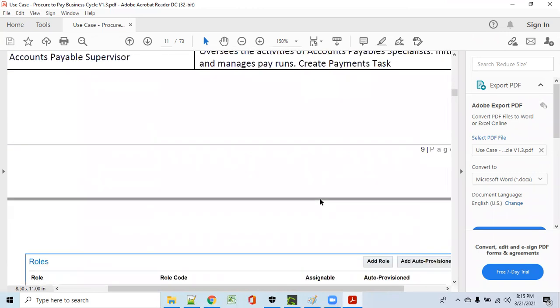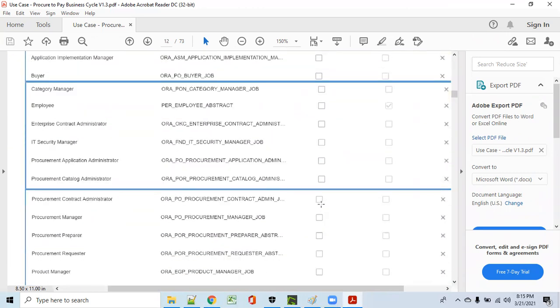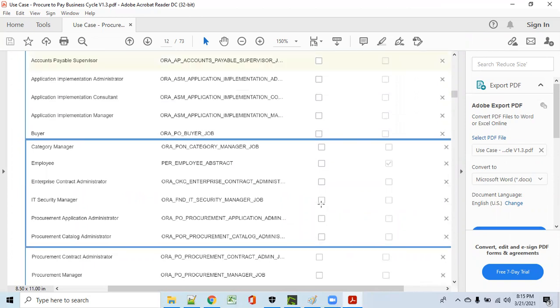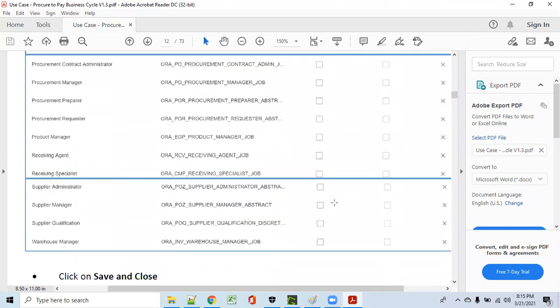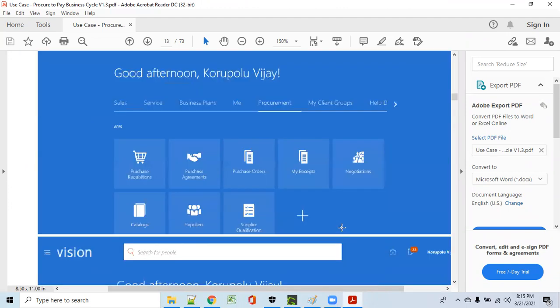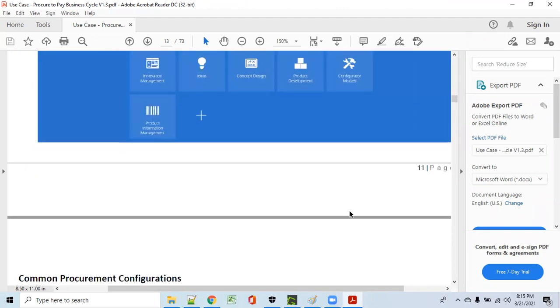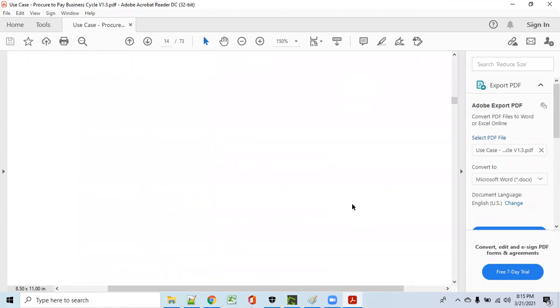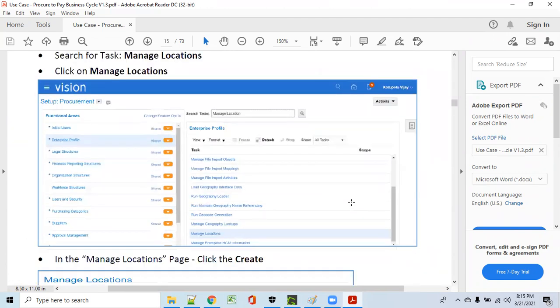What is the significance of each role? What will be the difference between non-business user and business user roles?